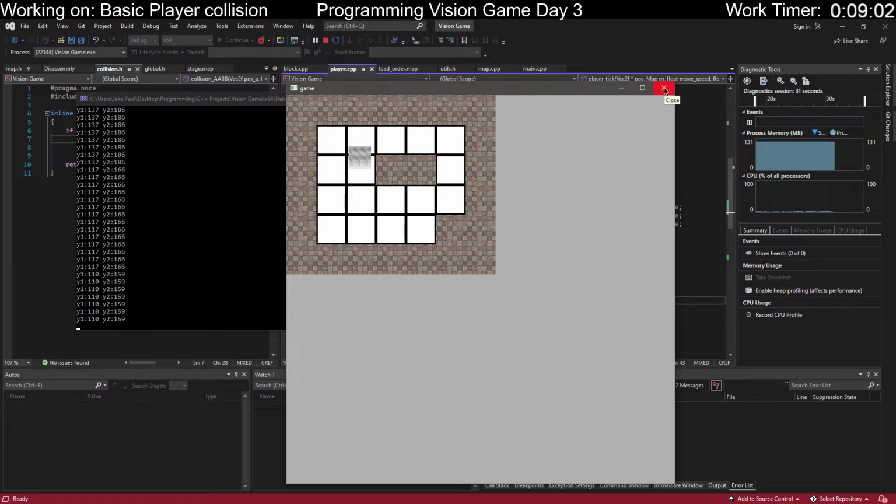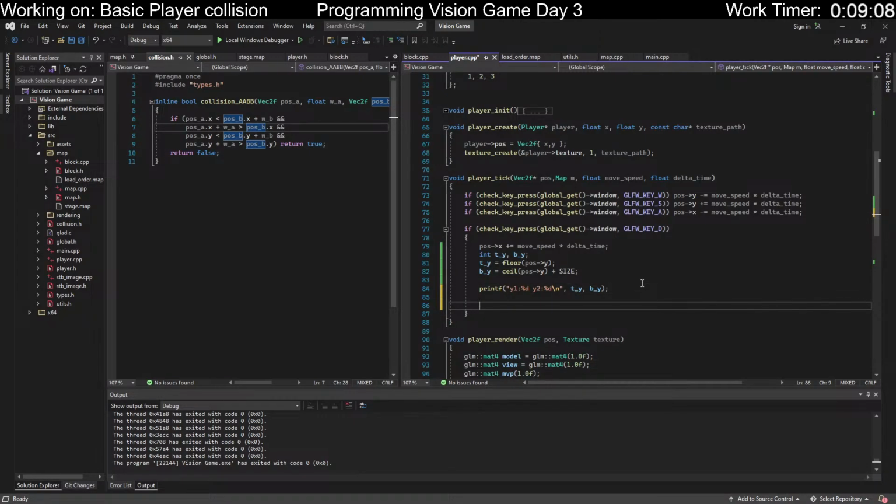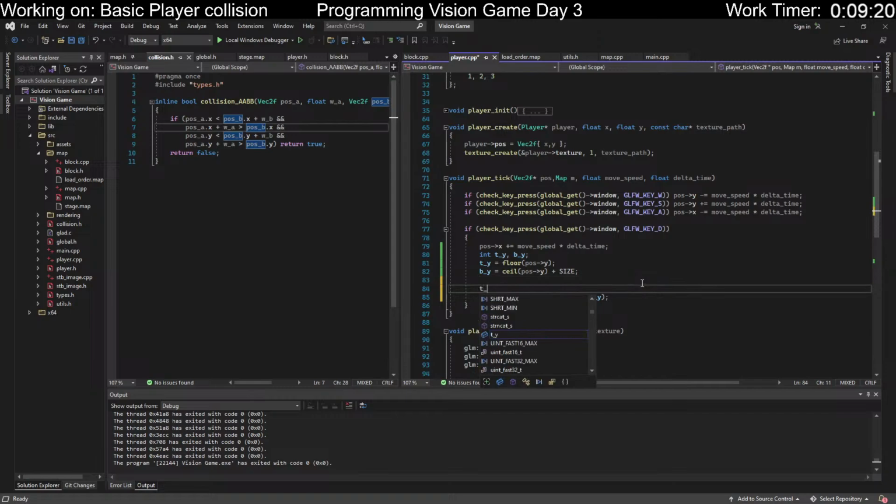To calculate which cell we need, to calculate the top cell we need to take the top of the thing and minus the modulus